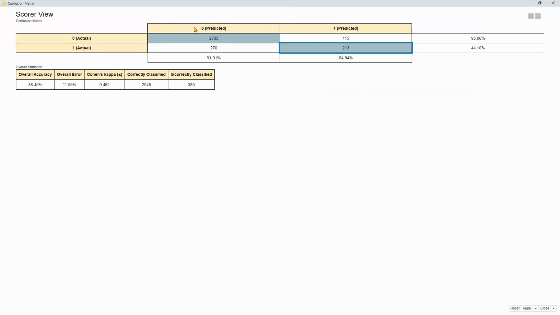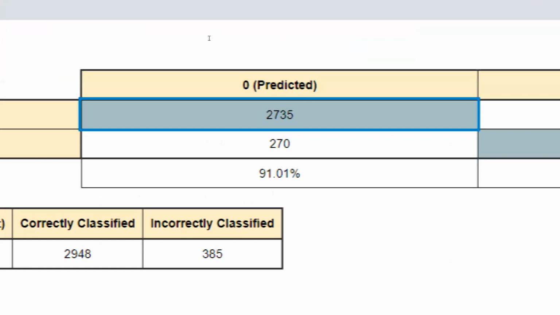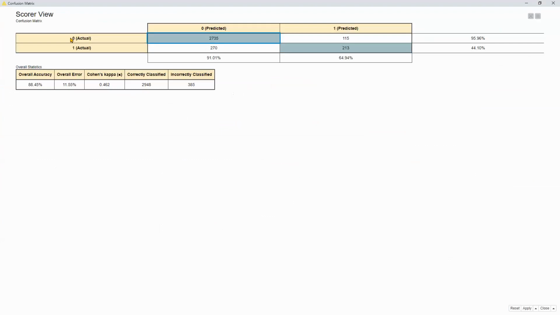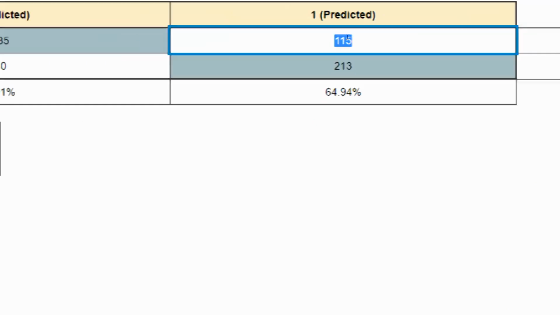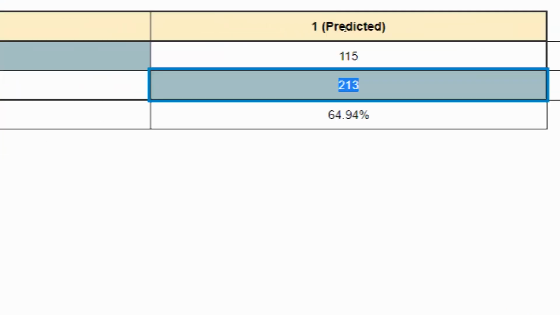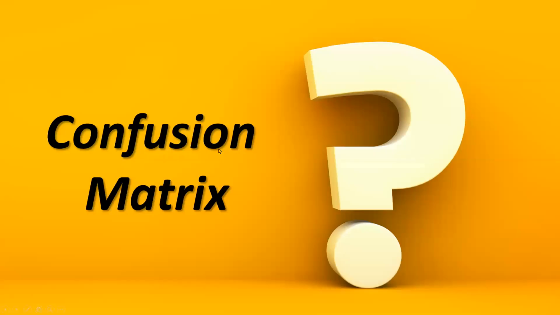If you want to read it, it means that 273 times it predicted 0, non-churn, and the actual result was also 0. Then, 115 times it predicted that the customer will switch off his SIM, but eventually he didn't. Similarly, there were 213 customers for which it predicted churn, and they actually churned. So this is how the accuracy is built up, and we call this a confusion matrix,